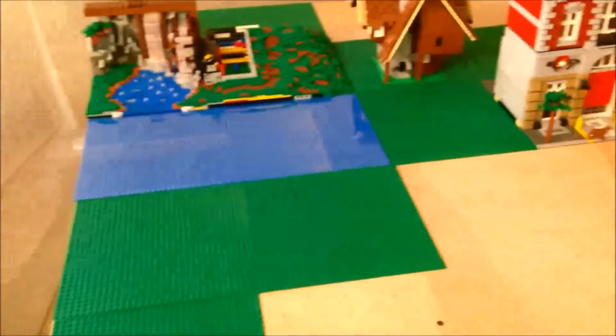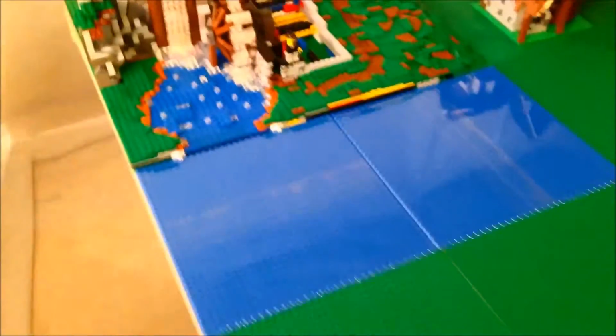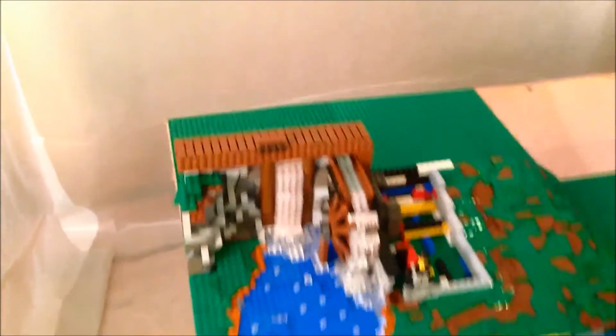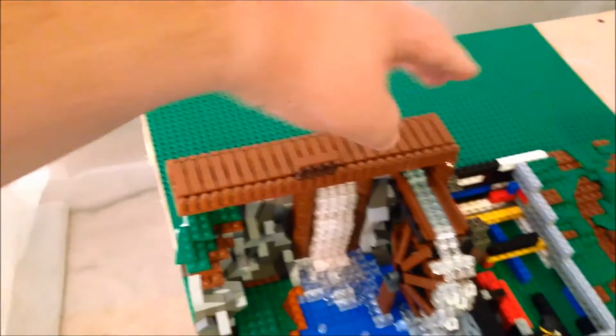Come around here, just up from our residential area, and we have our little lake here and our watermill mock. Behind the watermill mock will be that area I was telling you about, with the lake behind it and the other part of the hill. But as you can see, the bridge here goes off the edge of the table and will then run into the